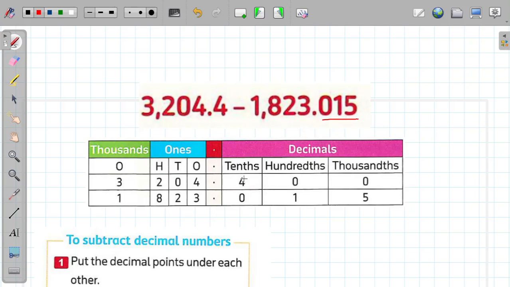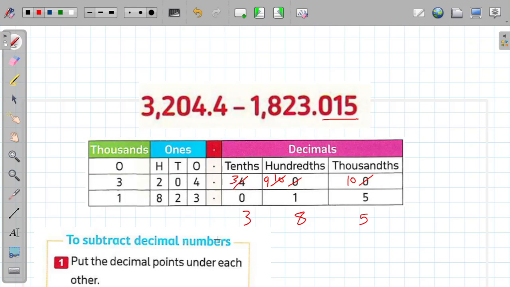So I will have here 4, it will become 3, and 0 will become 10, and I will borrow from 10, so it will be 9, and here I have 10. Okay, so it will be 10 minus 5 equals 5, 9 minus 1 equals 8, and 3 minus 0